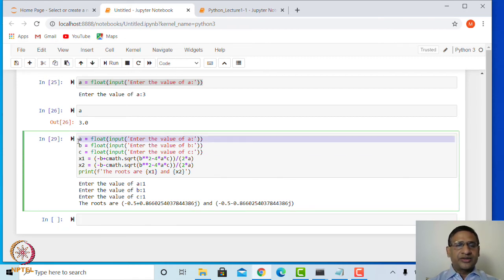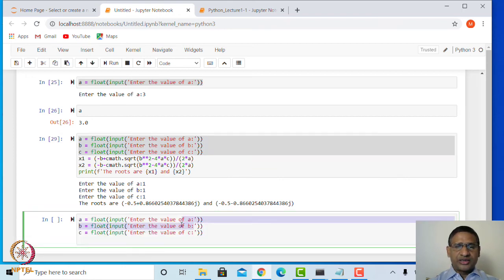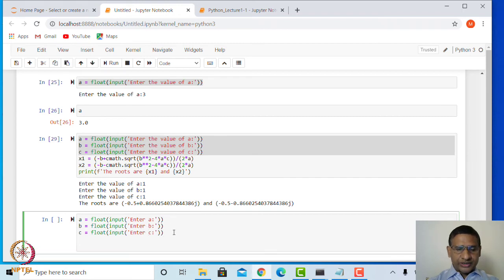We can copy these inputs a, b, c. So, instead of saying enter the value of a, let me say enter a, similarly enter b, enter c, and then after that you calculate the semi-perimeter, that is a plus b plus c, the whole thing divided by 2.0, and the area A, capital A, is equal to